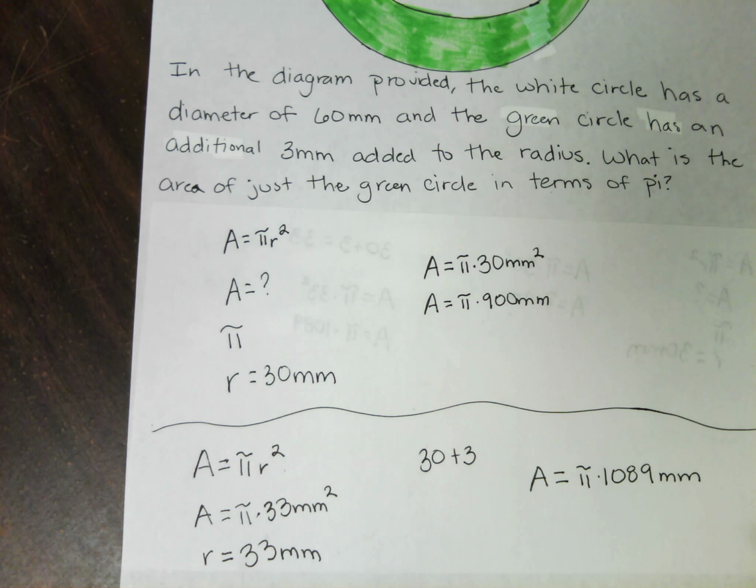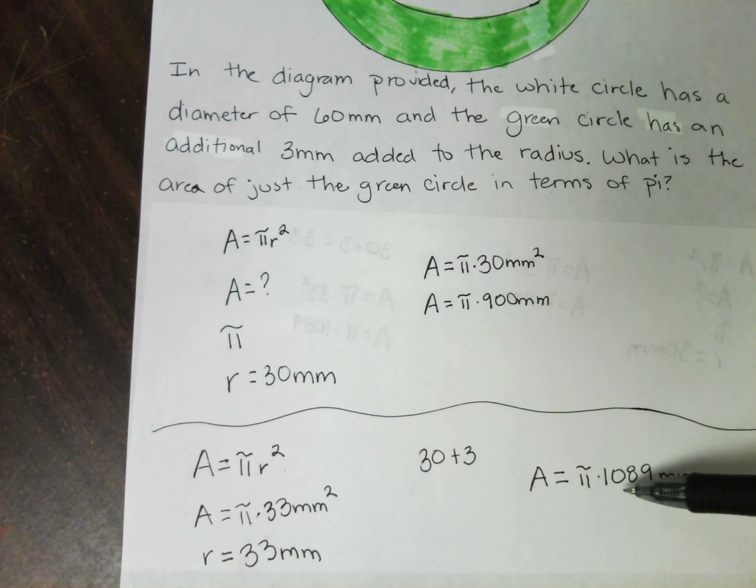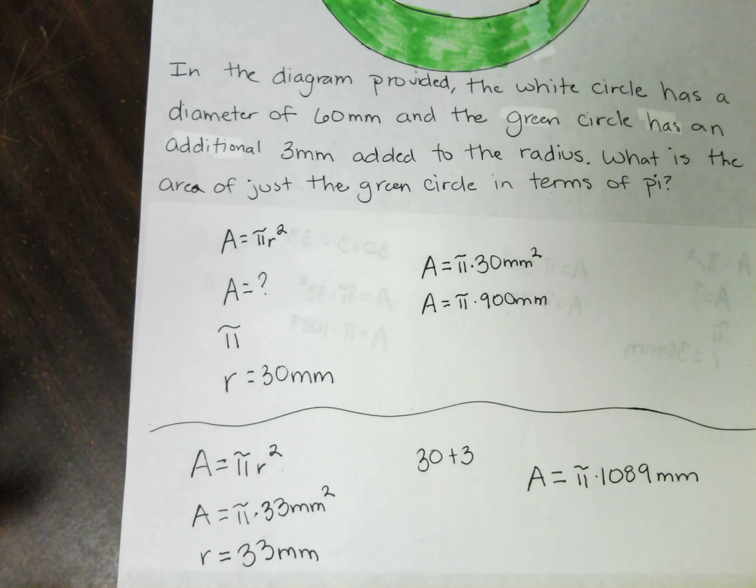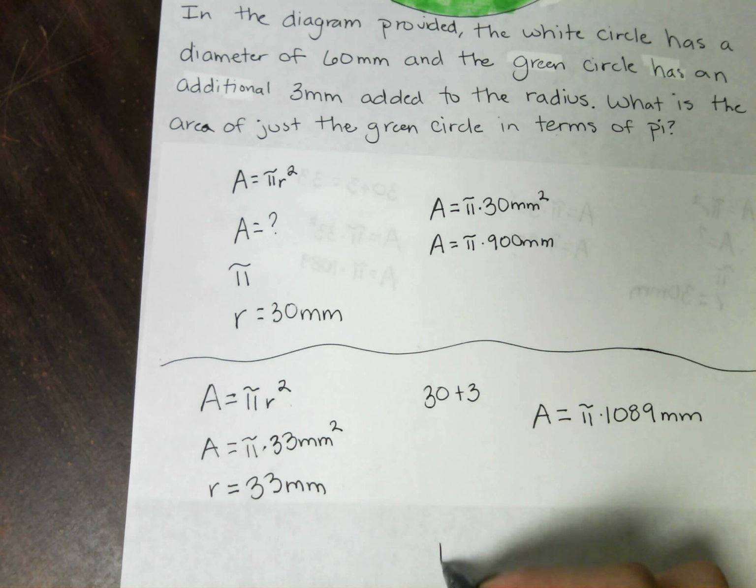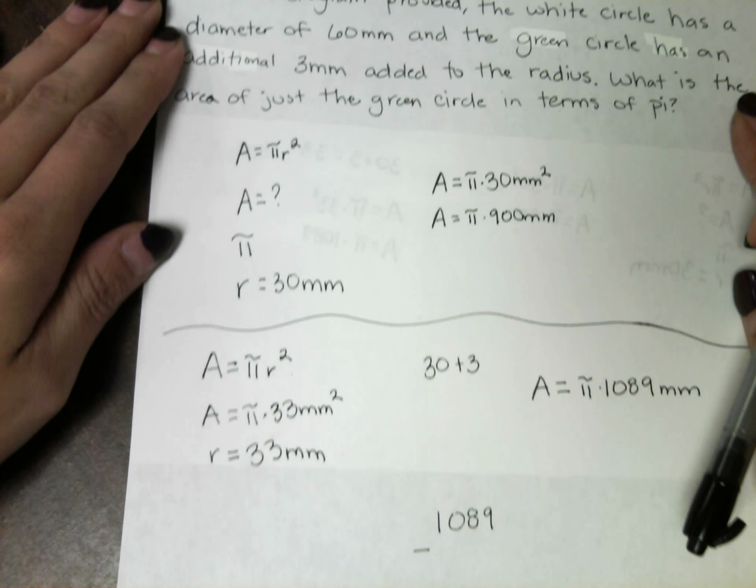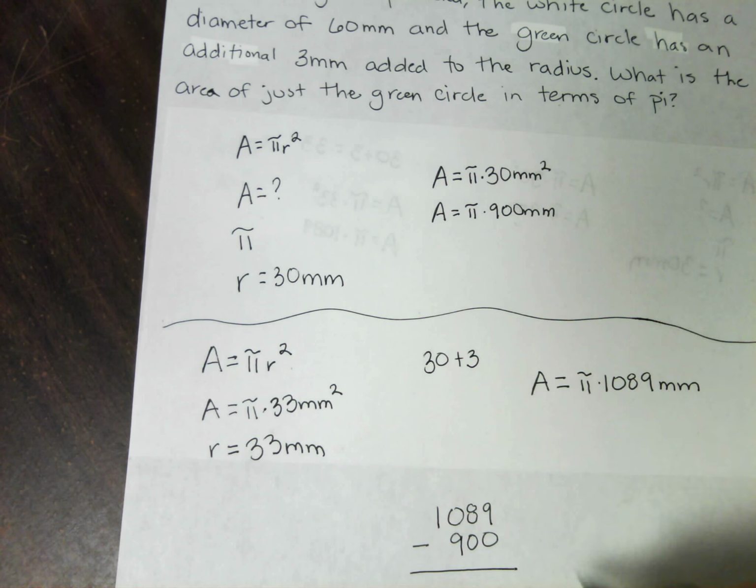Okay. And so now we have the area in terms of pi for the white circle and for the green circle. So we just need to find out what the area of just the green circle is. So to do that, you're just going to do the difference. So I'm going to take 1089 and subtract 900. It gives you 189 millimeters squared. So our answer is going to be 189 millimeters squared